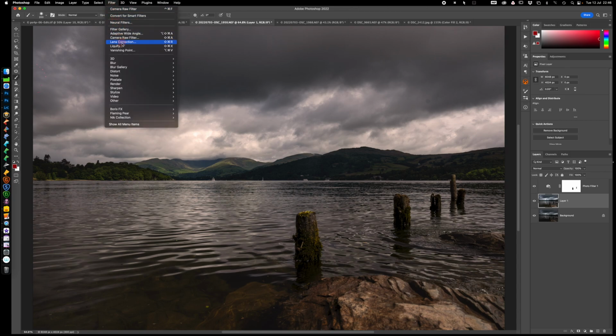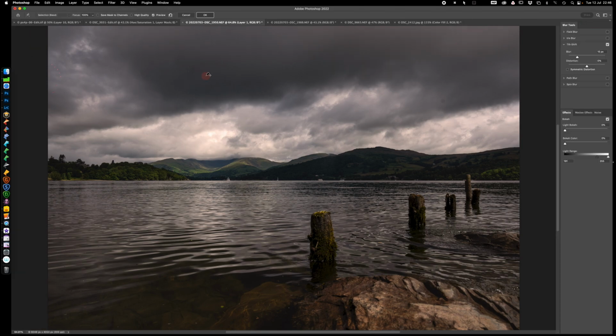And we're going to look at a blur called tilt shift. I'm going to show you how it works on this, but I'm going to give you a far more appropriate picture to use it on. Here we have a series of lines and a strength control in the middle, but it's easier to use these sliders. So if I increase the amount of blur before I explain exactly what it does,